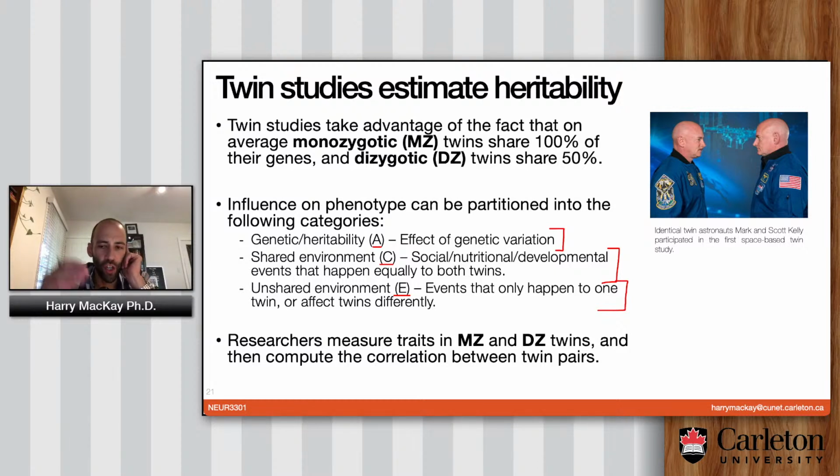So all of the different determinants of behavior or phenotype theoretically can be broken up into these 3 categories. And when you add together all the different contributions they make, it should add up to 100%. The basic datum used is the correlation in a given measurement, a trait, say intelligence or whatever, between twin pairs. And you just look at the difference in correlation between monozygotic and dizygotic twins, and that gets you started.